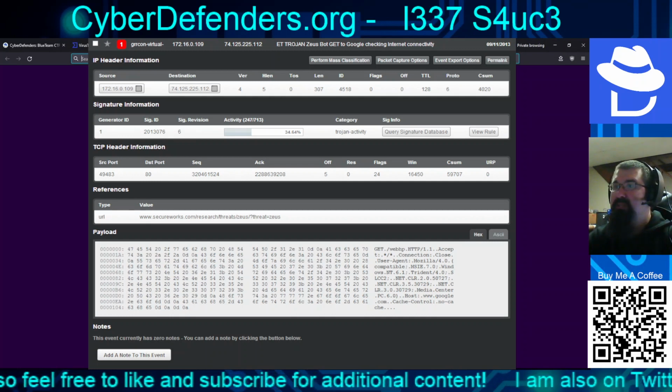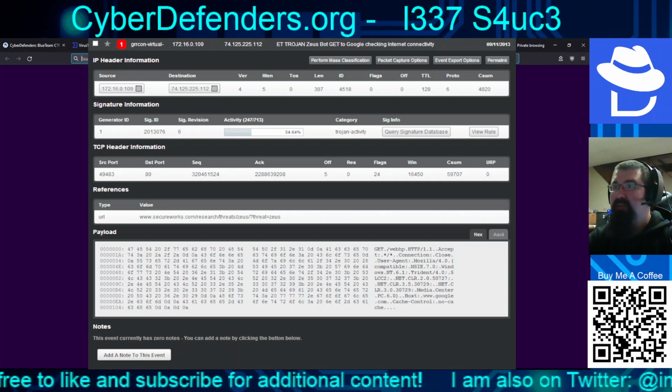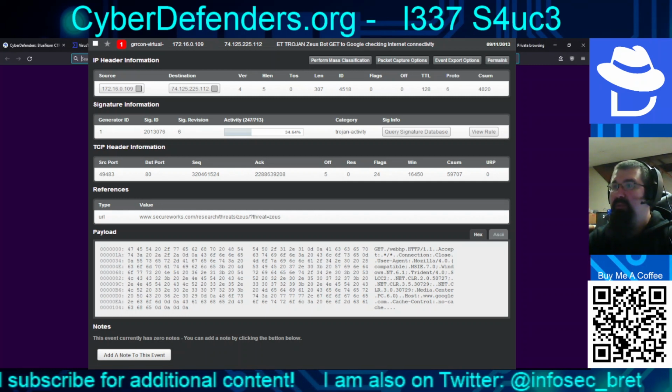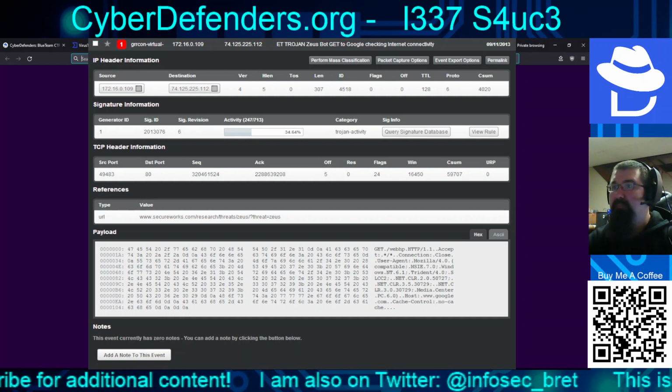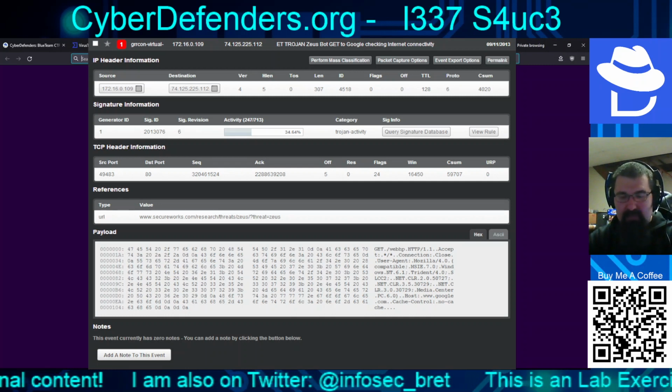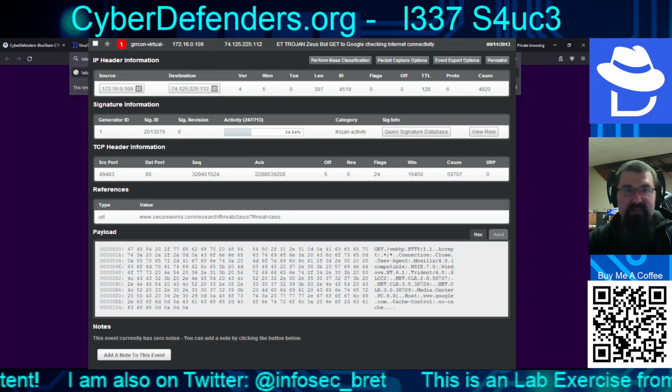Which I guess makes sense considering that if you look at the payload, third line from the bottom, host: www.google.com. Which makes me kind of wonder whether